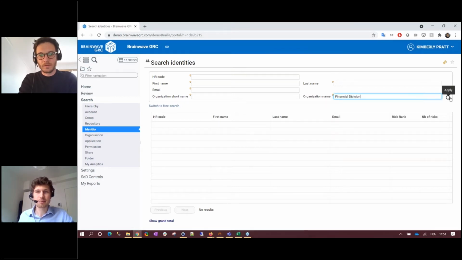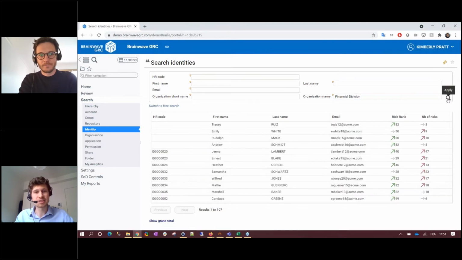Yes, actually, Brainwave is designed over a data cube. It means that all the links, all the relationship between the different concepts we have just seen here are already configured. So the matter is not starting from scratch to say, oh, which account belongs to this identity, etc. All the links are already created. And the challenge when you are ingesting data is just fitting the box. So at the end here, you can see that when I filter on the financial division, I have the list of all people belonging to this organization.